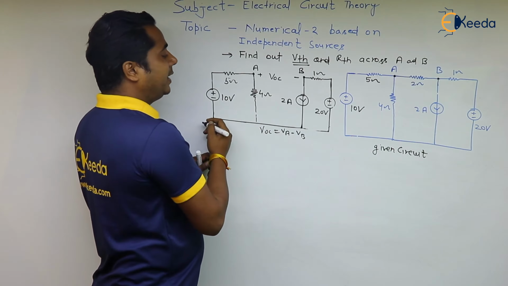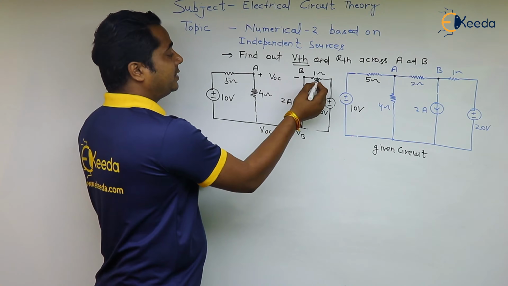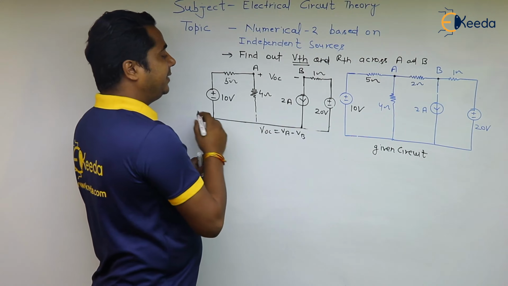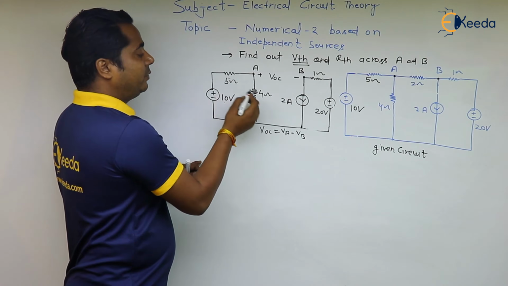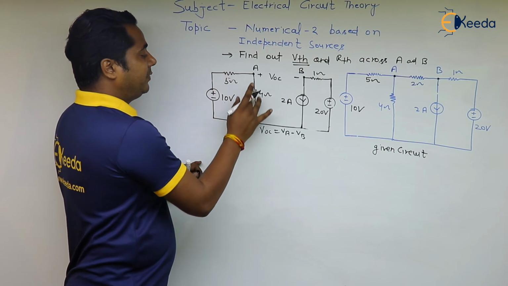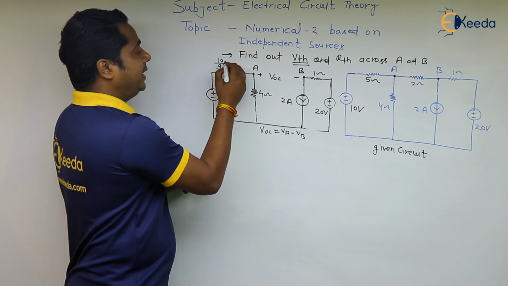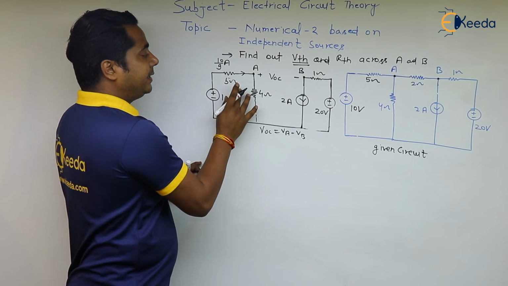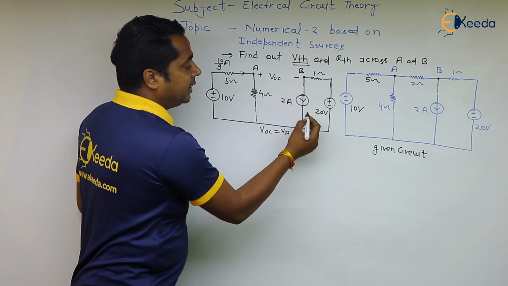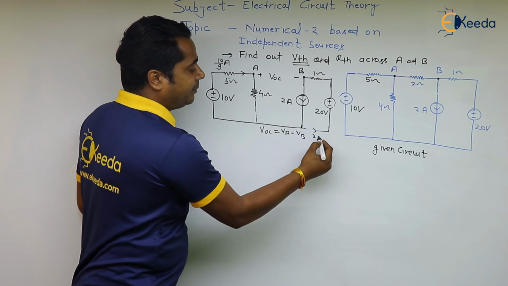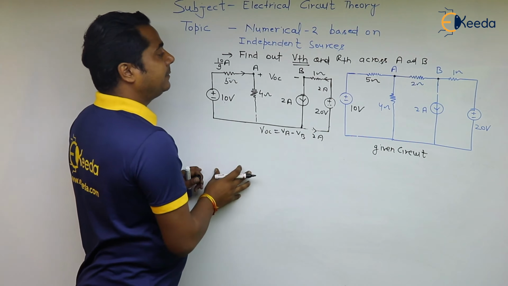So we need to find out the exact current in this 5 ohm resistor and this 1 ohm resistor so that we can apply KVL. Here this is your 10 volt and this is your 5 ohm and 4 ohm. The current will be flowing like this. So the current 10 upon 9 ampere will be here, and if you will see here in this circuit, this is a different circuit and 2 ampere is coming. So 2 ampere is flowing in this direction.